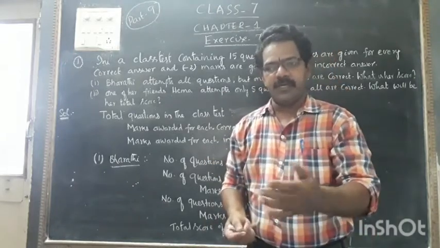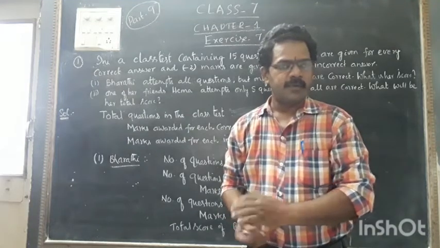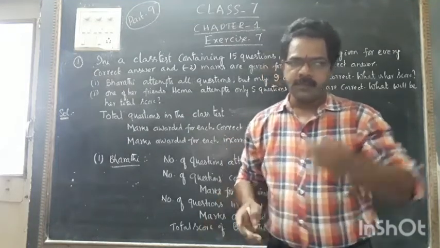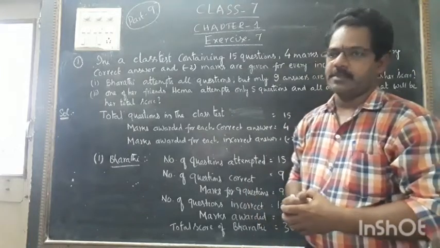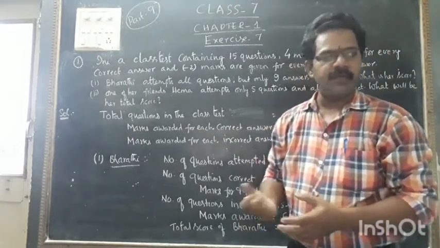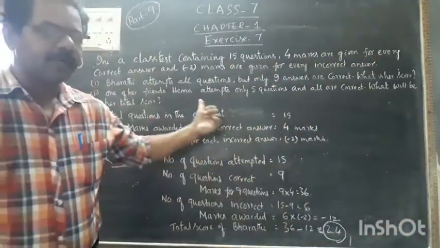In the previous video, last week's video, we completed the 6th exercise, also on division of integers. So now we are going to discuss exercise 7 sums. They have given a total of 5 or 6 sums, and all of them are story sums. Okay, the first sum I have written on the board.